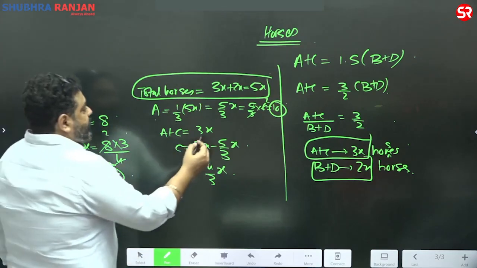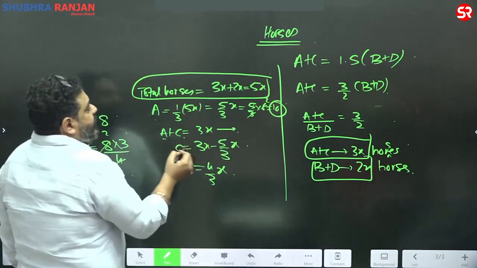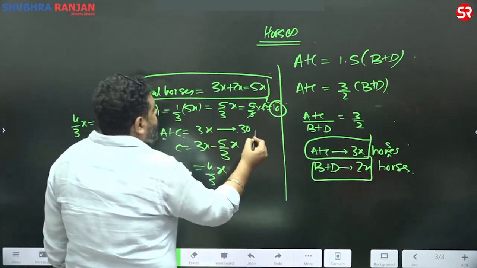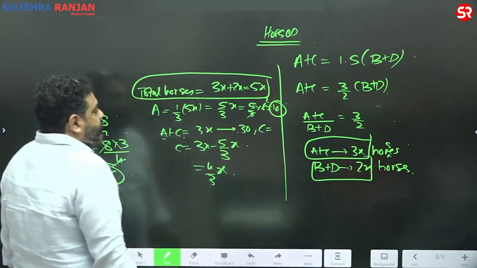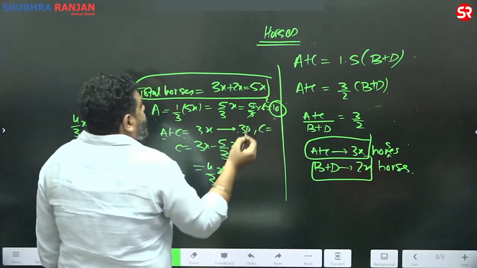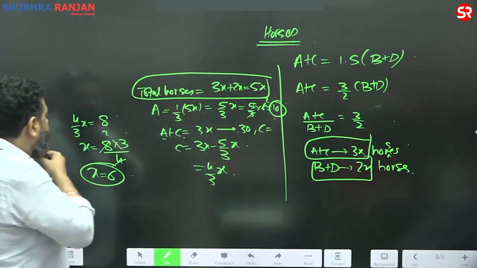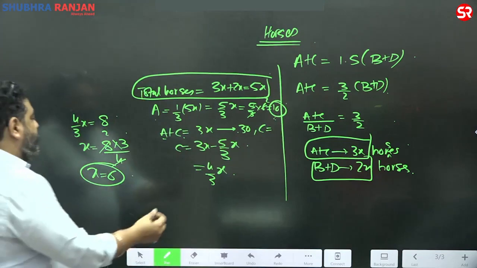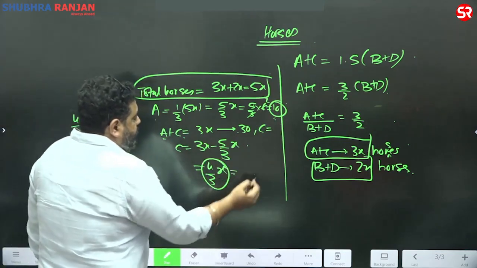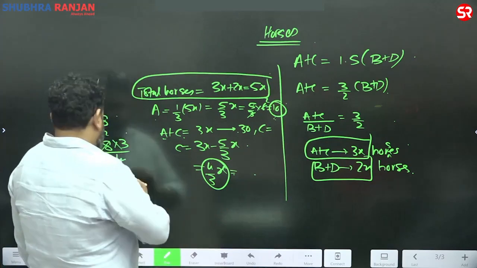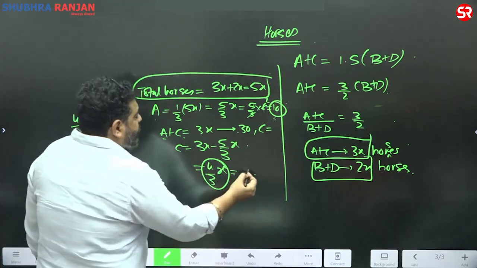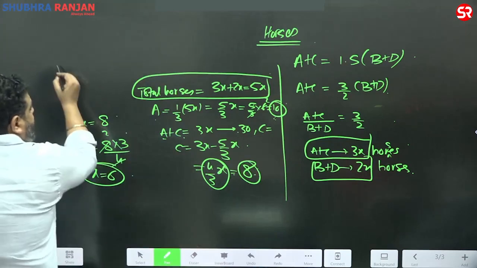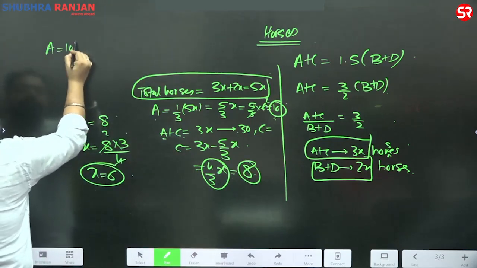और A और C के पास कितने थे, A and C had 3x which means 30 horses, which means C के पास कितना हो जाएगा, C के पास तो अपने को पता ही है ना, how much was C 4/3 ना, ये तो 8 था ही यार, come on, A के पास हो गया 10 horses,